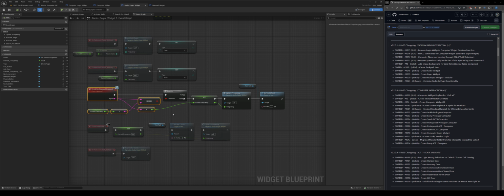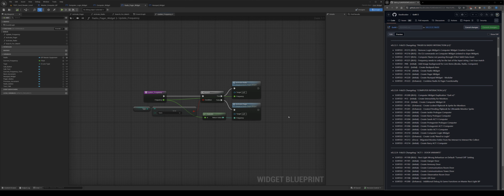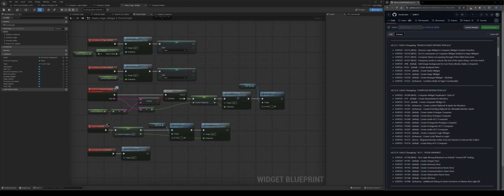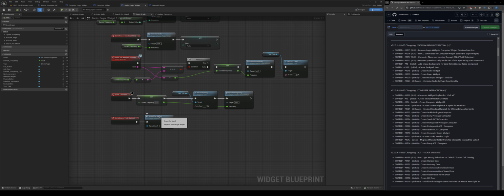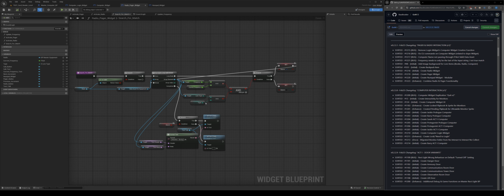So where it matches, don't do anything. Where it doesn't match, update the frequency of the radio with the Numpad's input. Then we update the frequency, whether it's radio or whether it's pager. So true, false on radio for the current type. We then do the 3 dots, and yeah, that's that. Then we go to the search, and then search does,